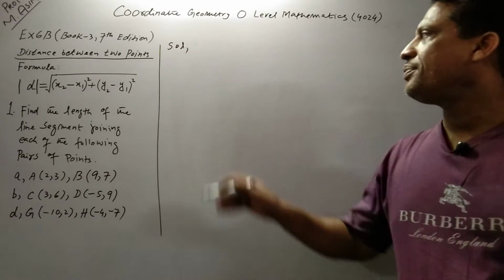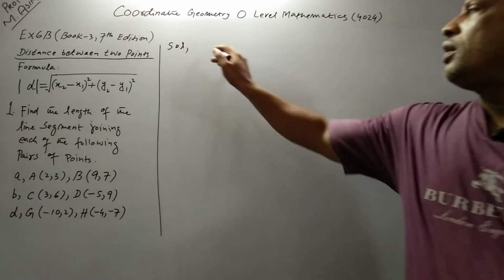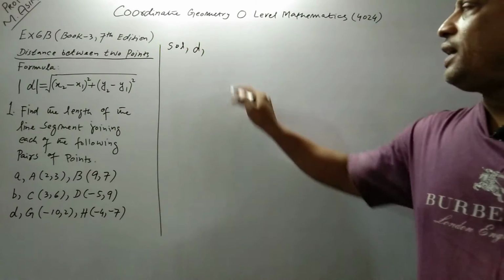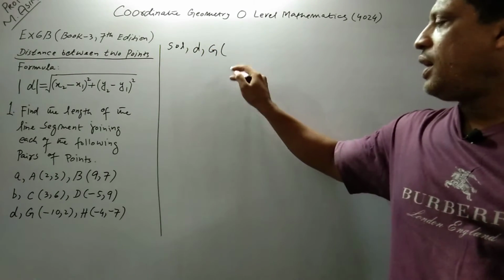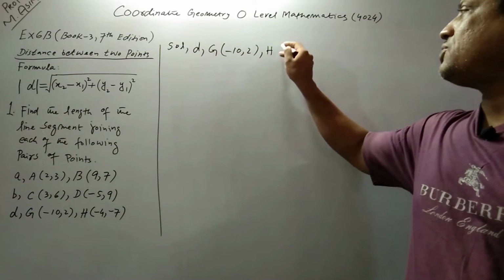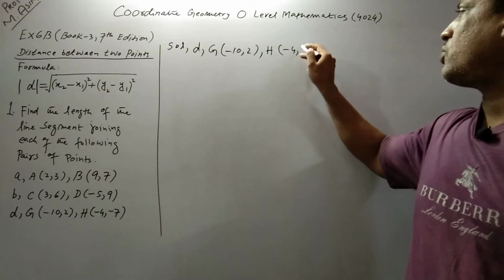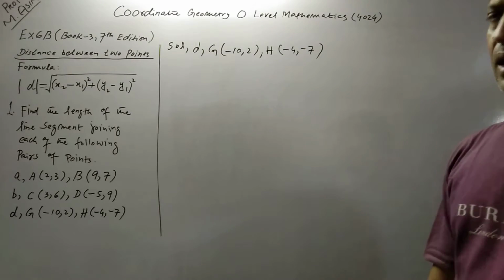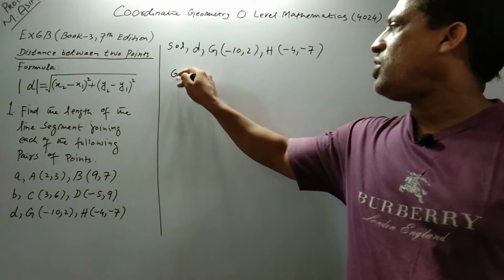What is part D? Solution. Part D is given G is (-10, 2) and H is (-4, -7). And the distance between G, H,